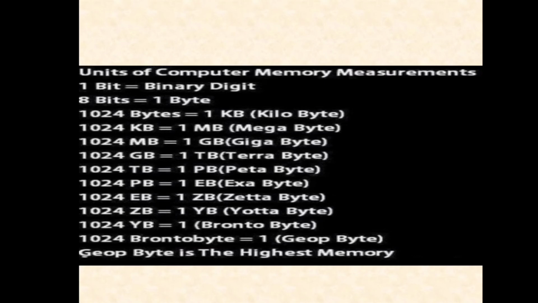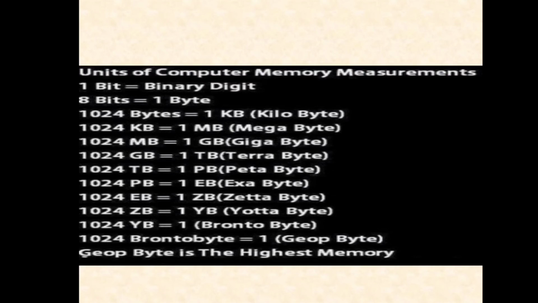And children, we are not storing only alphabets in it, right? We store a lot of data, in the form of documents, in the form of movies, in the form of music. So obviously bits and bytes are not enough for measuring. That is why we have many other measuring units which are greater than bits and bytes. In this I'm going to tell you the units of computer memory measurement. First is bit. Bit is the smallest unit, and it is 0 or 1. 1 bit is equal to a binary digit. Then 8 bits is equal to 1 byte, which I have told you earlier.